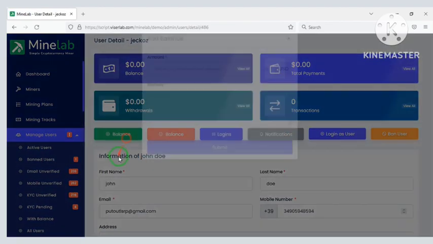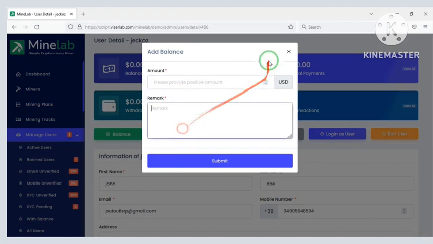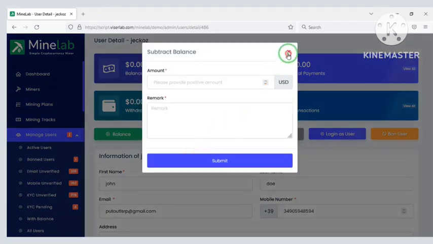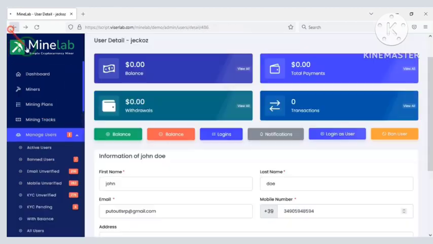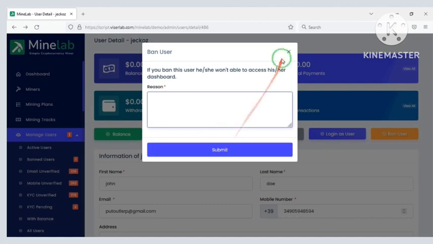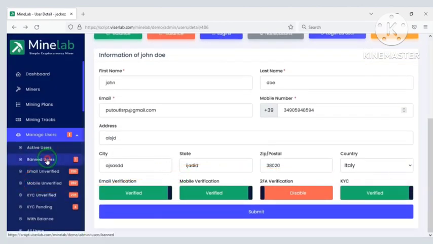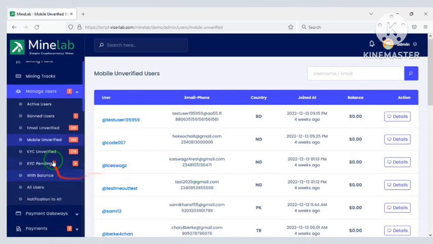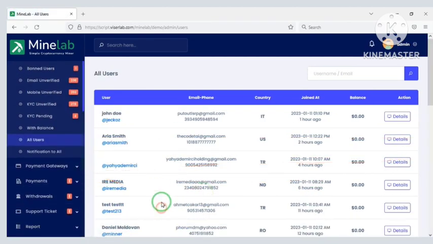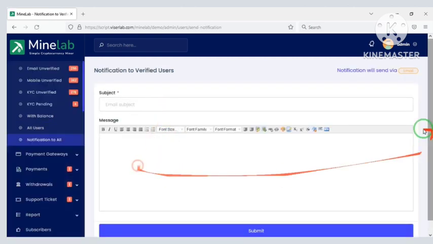You can add balance to their account, or deduct the balance from their account. In this section you can see all the user information of the website. You can send email to all users of the website if you wish.